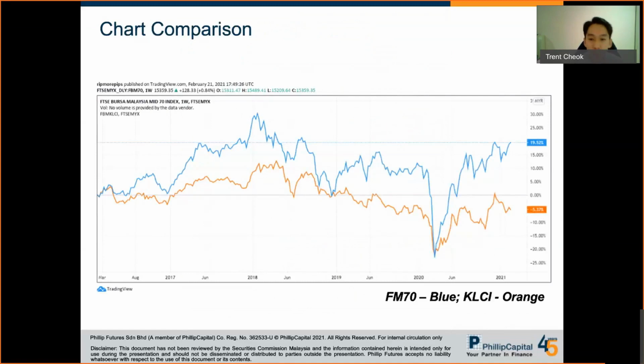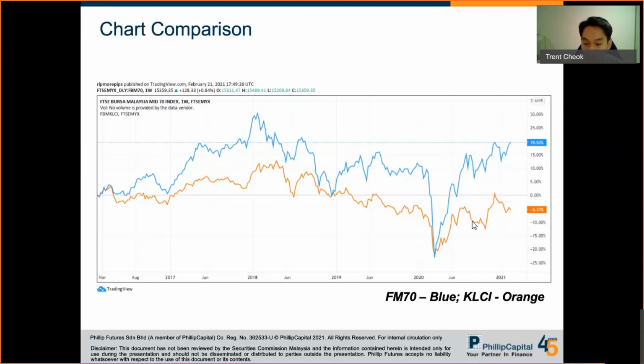Okay, so we do a visual comparison. I have put two of the indices in a chart here. You can see the light blue one is the FM70, and the orange one is the KLCI index. If you see here, over the course of this year, since early this year until current, this data is based on last Friday. So over the course of the beginning of this year till last Friday, actually FM70 is in an uptrend,